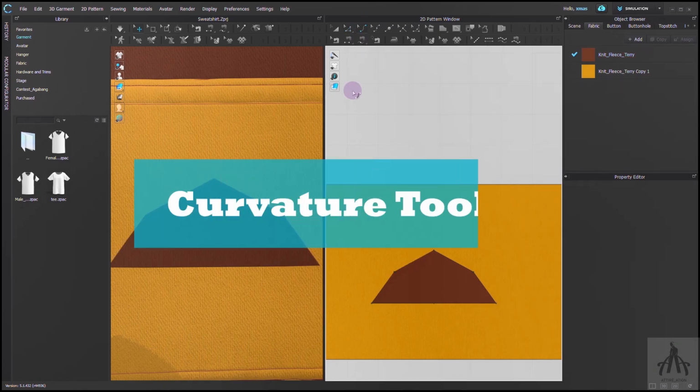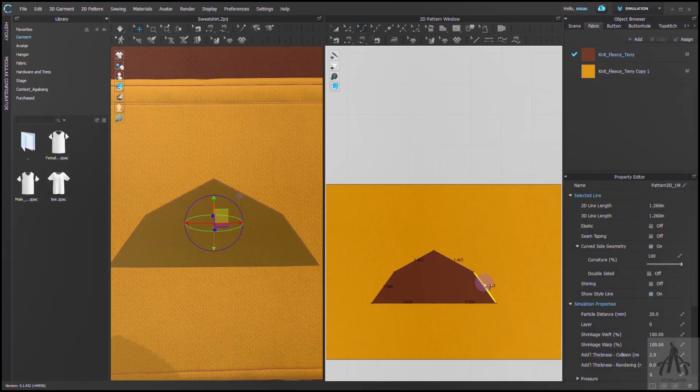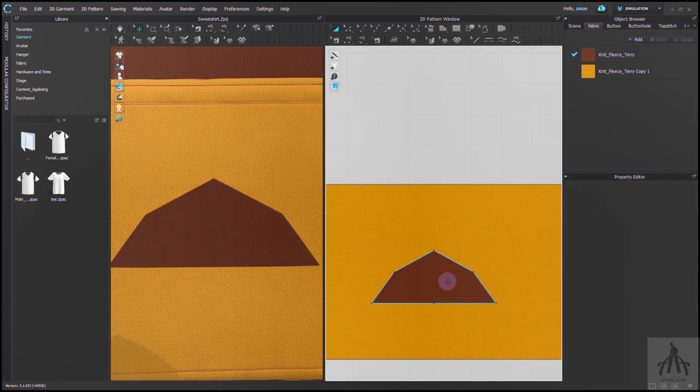Next is Curvature tool. This one works online. Right now it's only highlighting by blue color, but when you start working on one, the color will turn yellow. The drawback of this option is that you have to edit all the lines manually, but that's its speciality as well, which lets you create your favorite design. And yes, the role of particle distance will always be there, even if you have curved the shape properly. So, don't forget to change that later.